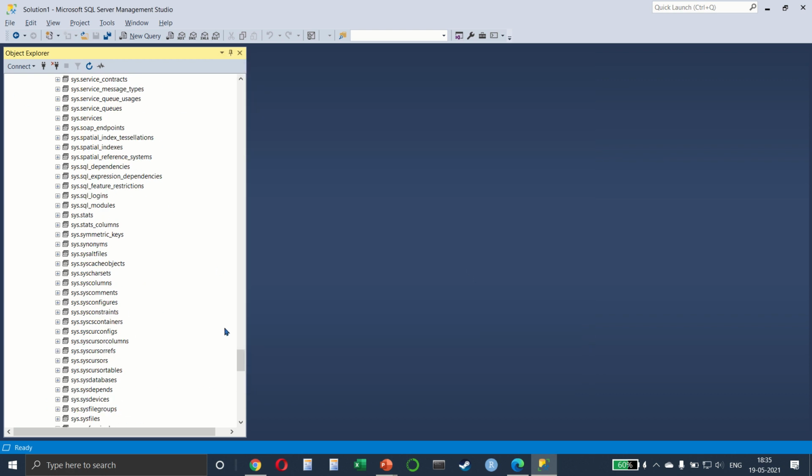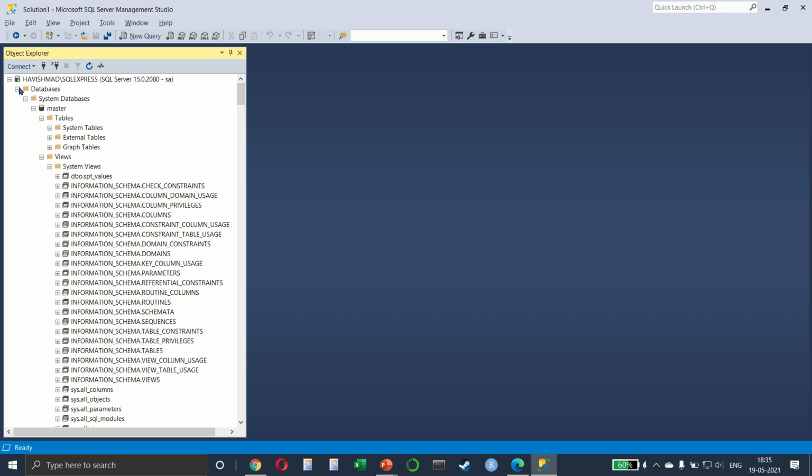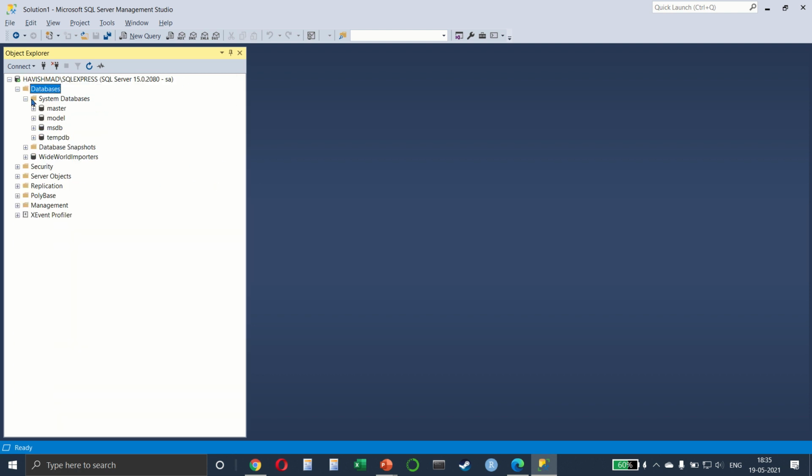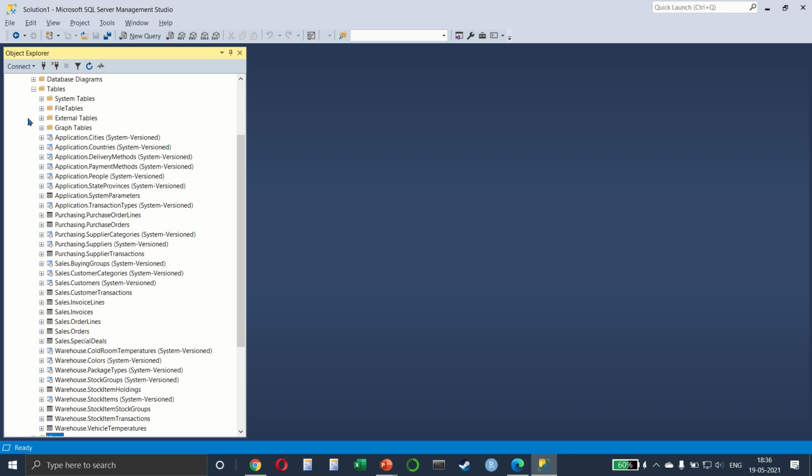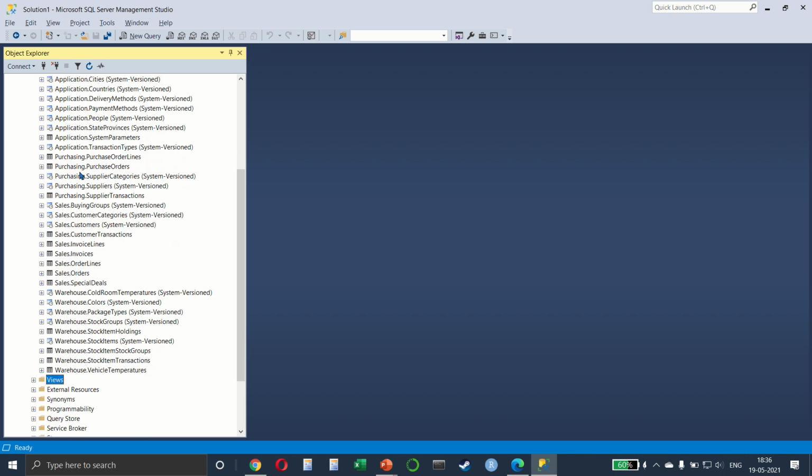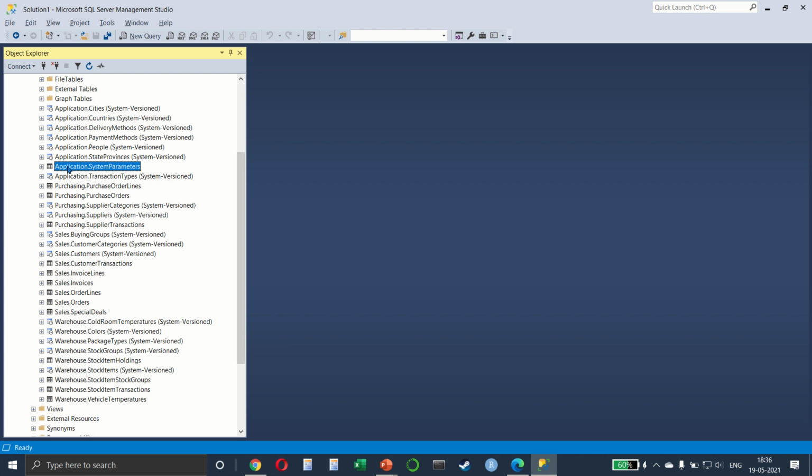And now if we go to the left to our file explorer, in databases, I can see that there is Wide World Importers with us. Now there is a lot inside this. We don't really care about everything. Mostly what we care about is tables and views, which we'll be covering in the course later. But for now, you can just play around with it a little bit. So for example, I'll go to tables and I can see all the tables have been given here. And the tables that have this icon, for example, sales orders, sales order lines, this is the data that we're